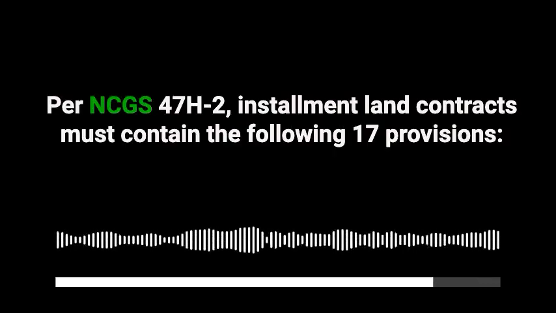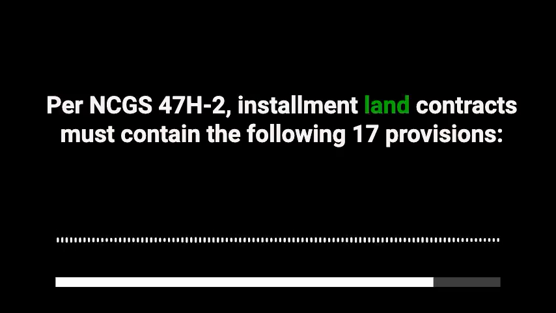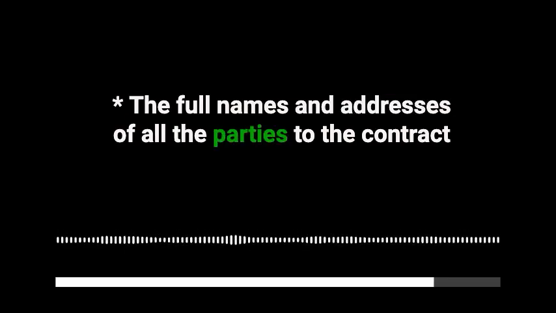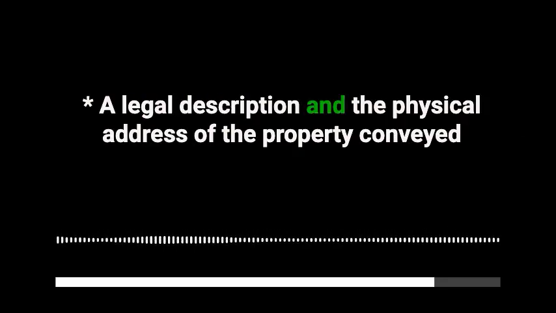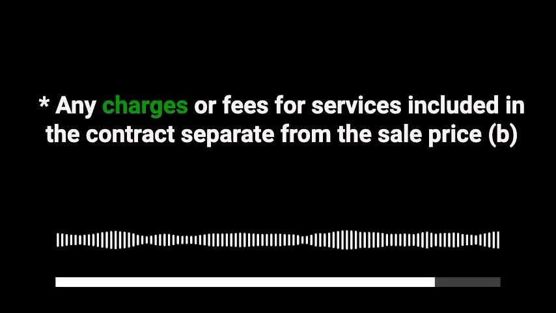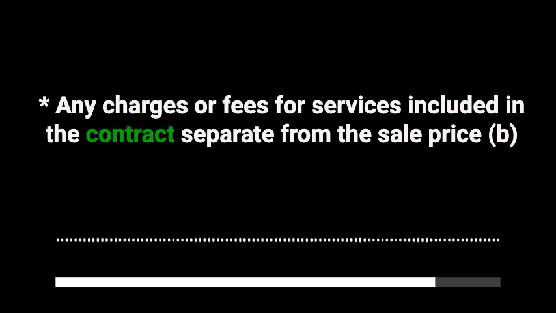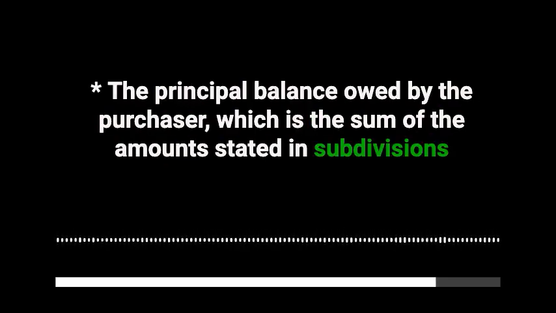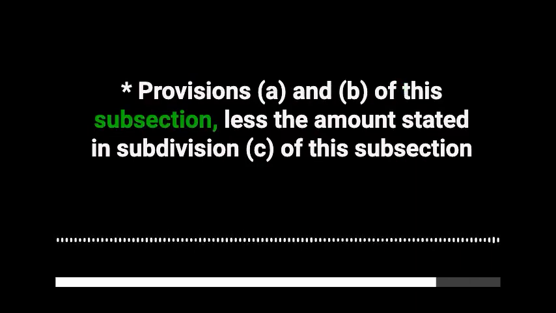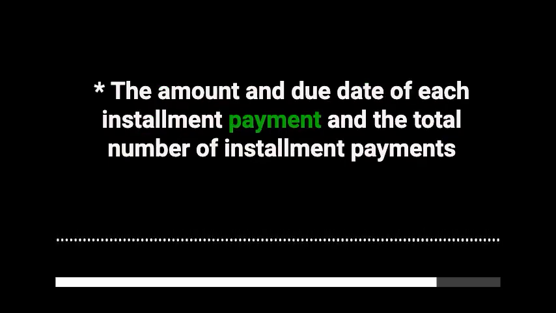Required provisions. Per NCGS 47H-2, installment land contracts must contain the following 17 provisions: the full names and addresses of all the parties to the contract, the date the contract is signed by each party, a legal description and the physical address of the property conveyed, the sales price of the property conveyed, any charges or fees for services included in the contract separate from the sale price, the amount of the purchaser's down payment, the principal balance owed by the purchaser, which is the sum of the amounts stated in subdivisions, provisions and of this subsection, less the amount stated in subdivision of this subsection, the amount and due date of each installment payment and the total number of